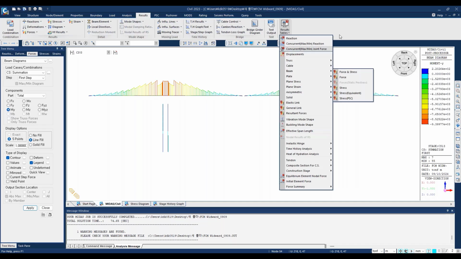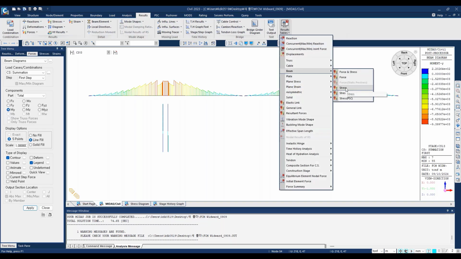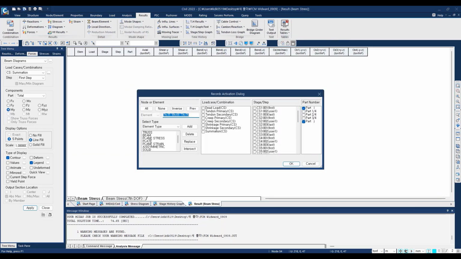And then you need to go to stress. You need to click here on stress. Then we can specify the elements that we are going to check the stress. We can check 19, and then the load case we are going to use is summation, and the stage we can take stage number 1 through stage 16, and then we can check on what is the beginning of the element, and then we click on